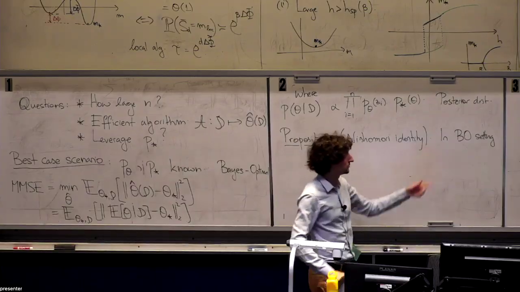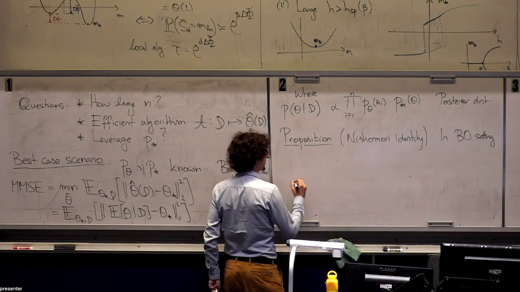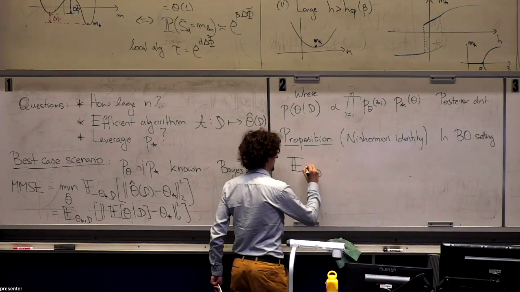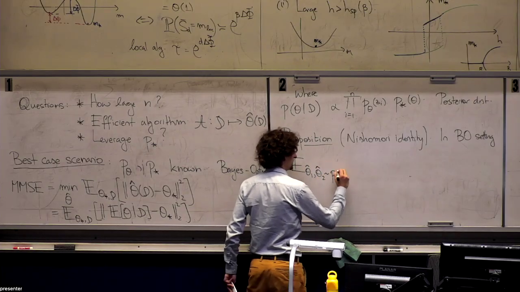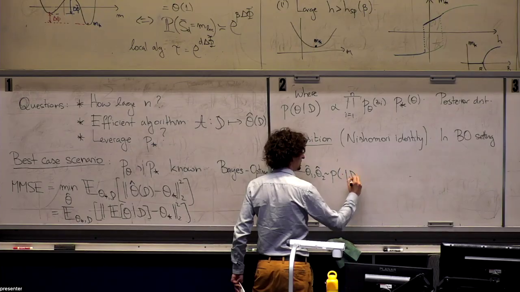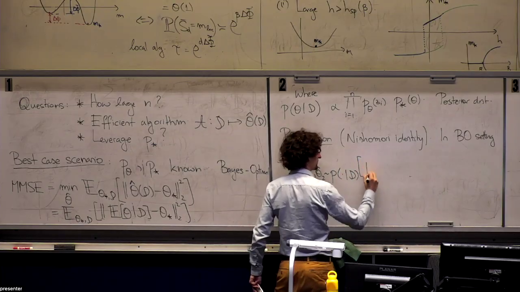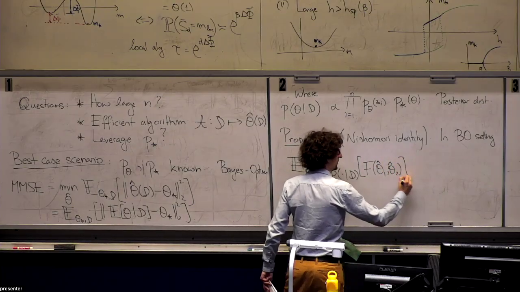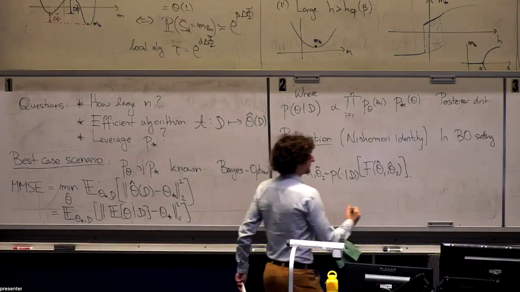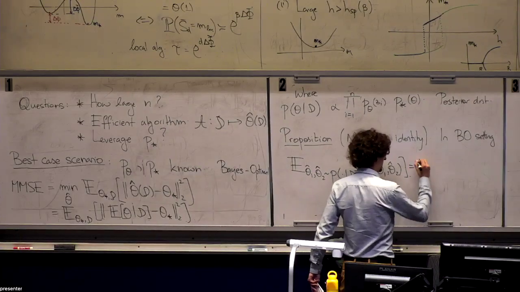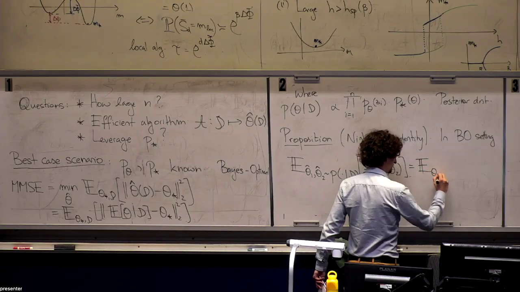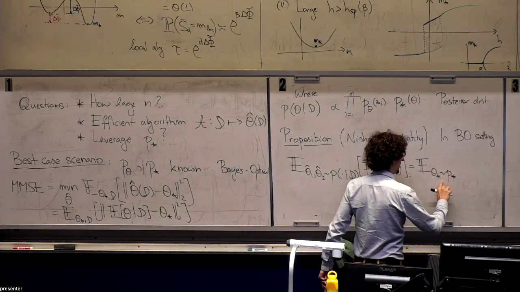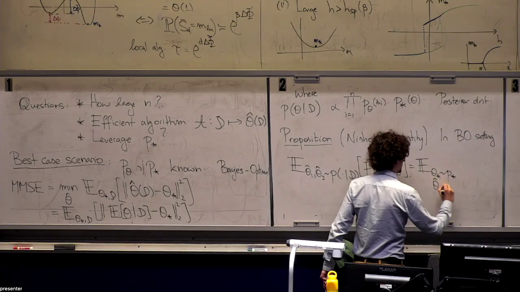So in the Bayes optimal scenario, take any two samples of the posterior. So the expectation over any two samples of the posterior, theta 1 hat, theta 2 hat from P of theta given D, take any function of these samples. Because of Bayes optimality, I claim that this is equal to the expected value of the same function with theta star from the prior and one sample from the posterior.